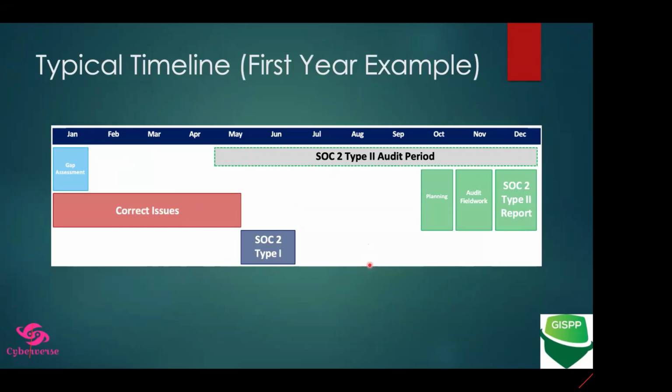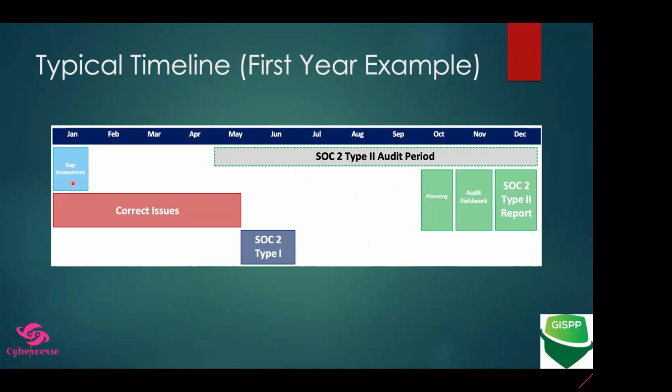So this is basically a typical timeline. Just to give you an example, I added this here. For example, you start your gap assessment in January 2025. You took almost a month to do it. You can do this internally yourself if you have the right team and expertise, or you can engage a consulting firm like us who can do the gap assessment for you based on the scope we define.